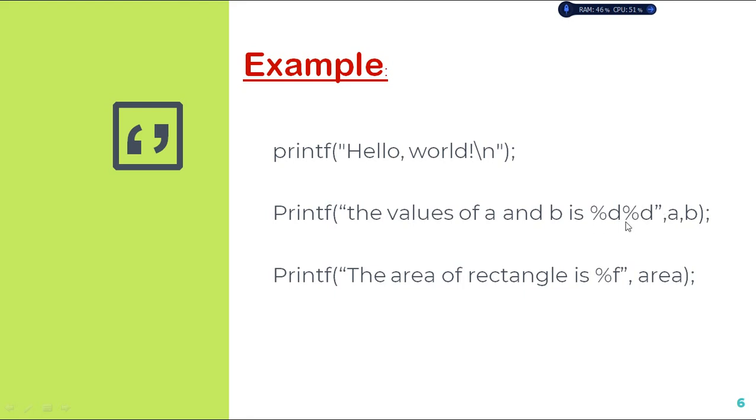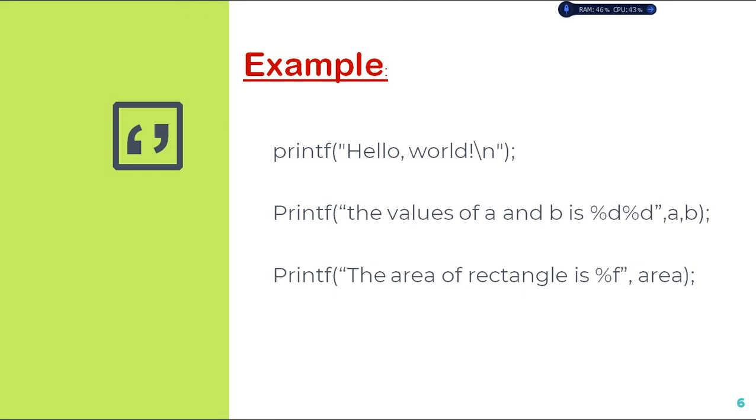Because of that, I am using two format specifiers here. Why am I using two? Because I have two values to print on screen. So here you have to provide the list of expressions or the variables. I am providing the list of variables because I want to retrieve a value from A and B. The first integer value is taken from A, and the second integer value is retrieved from B, and it will be concatenated with your statement and printed on your screen. And remember, you have to give commas in between the variables whenever we have more than one variable.